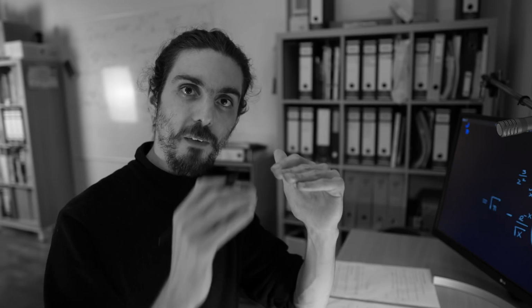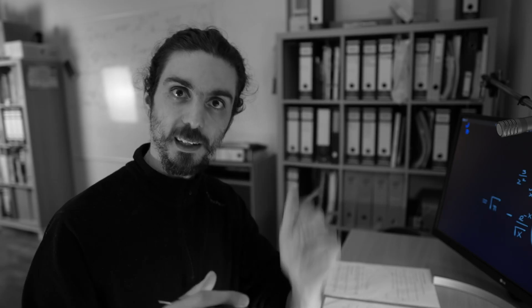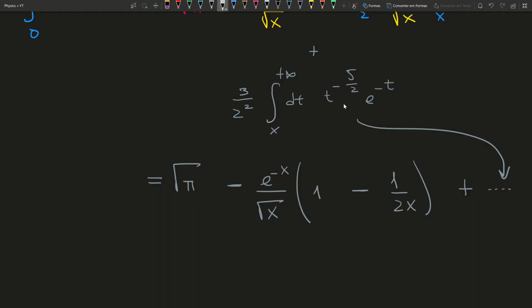In that case, this t^(-5/2) here is smaller than 1 because it decays as t gets larger, and thus we can replace this thing by the largest possible value in the domain of integration, which occurs when t is exactly equal to x. And so the integral here, 3 stars, is smaller than 3/2 squared,